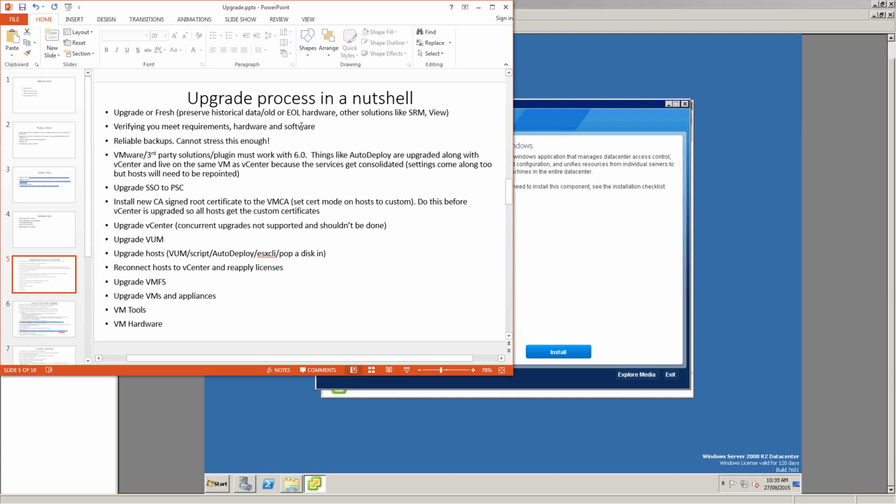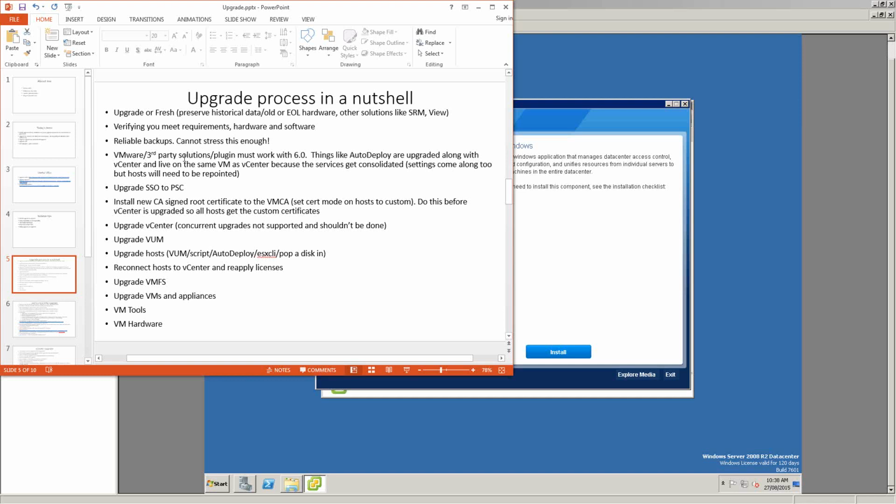So for example, the Windows vCenter Platform Services Controller needs 2 vCPUs and 8 GB of RAM, I think, from memory. Yep, that's right. So 2 vCPUs and 8 GB of RAM. If the PSC VM or physical server doesn't have that, it's going to bomb the upgrade or the installation, so you're going to make sure you bump it up. So once again, reliable backups. I can't stress this enough. I've been in a few situations in my previous jobs, sometimes in labs and sometimes even in production, when there weren't reliable backups and bad things happened.